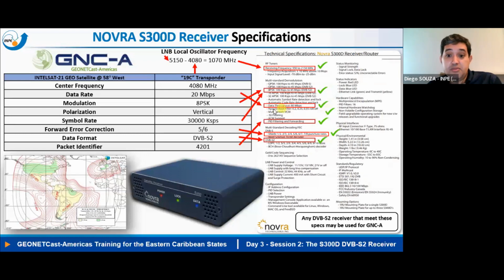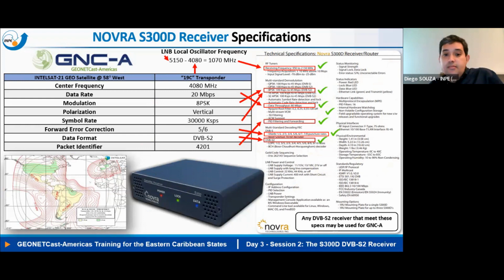So you will be able to use the receiver even when NOAA increases the system bandwidth, which, as we have seen, is scalable, and it could increase in the next years, depending on the user requirements, okay? Also, the modulation, the symbol rate, the FEC, forward error correction, data format, and the other parameters are totally compatible with this receiver model. But it's important to mention also that any DVB-S2 receiver that meets these specifications may be used for